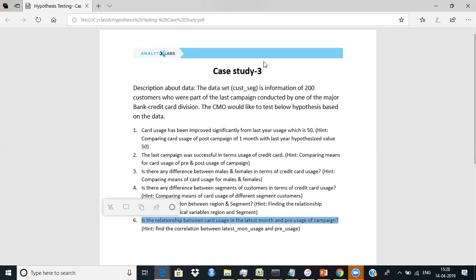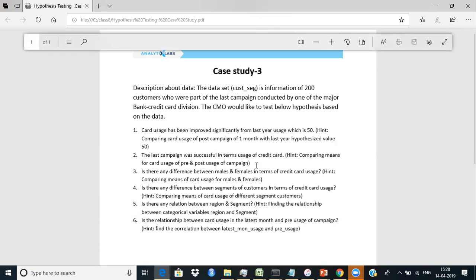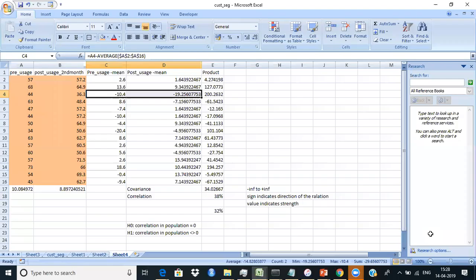But that is a different question. That question has nothing to do with these 6 questions. You have a different question: how do you find if the people who are using more are still using more? No, there is no percentage. There is a clear before-after framework to do that. So what you do is